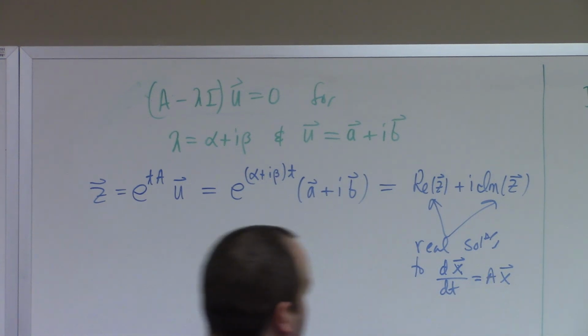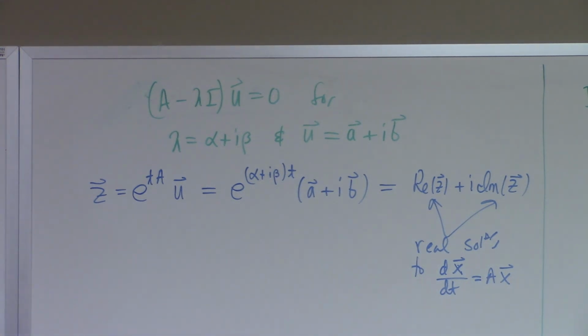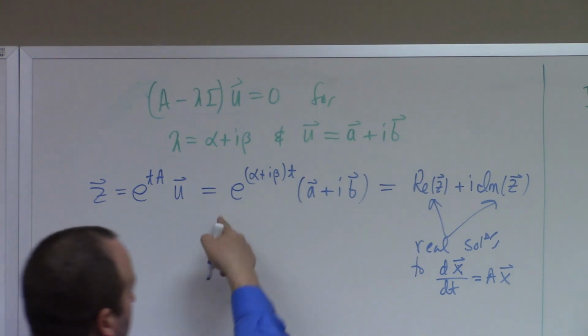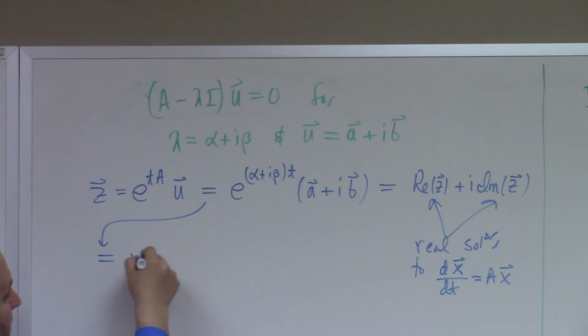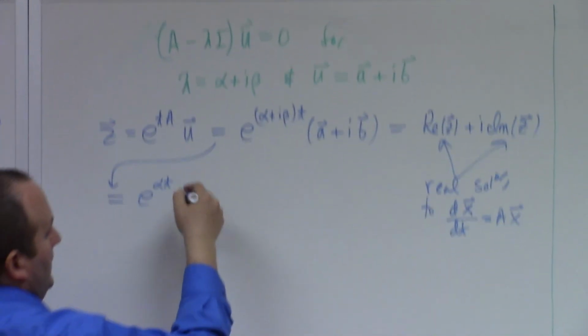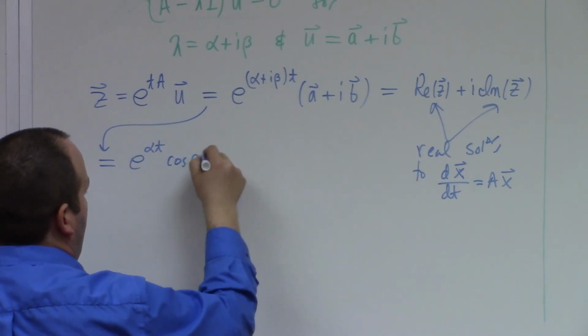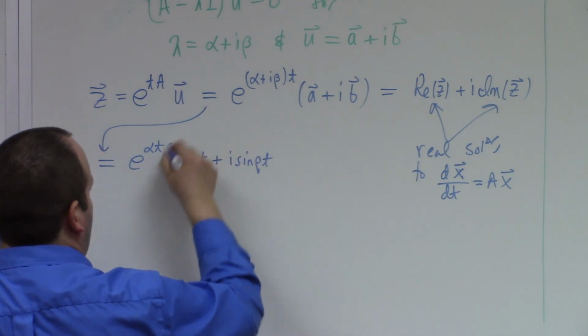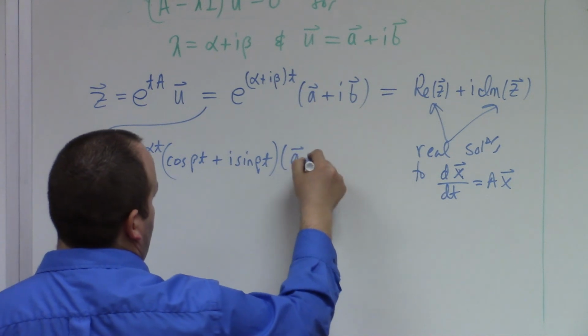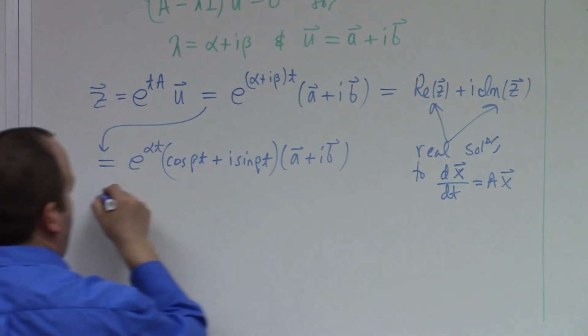right? Again, we find a complex solution. There are two linearly independent real solutions hidden in there. And then all you've got to do is just multiply this thing out. So with Euler's formula, we get e to the alpha t, and you get (cosine beta t plus i sine beta t), parentheses, times (a plus ib). And so what that gives